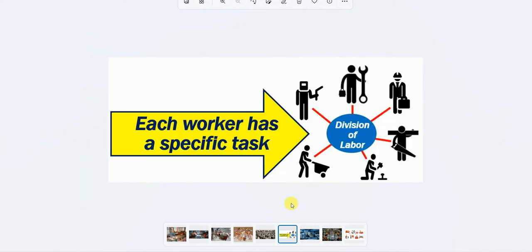See here, each worker has a specific task. That is what is called division of labor or specialization of skills. A person is assigned a specific task. It is there in the case of modern large scale manufacturing. Okay, and next,